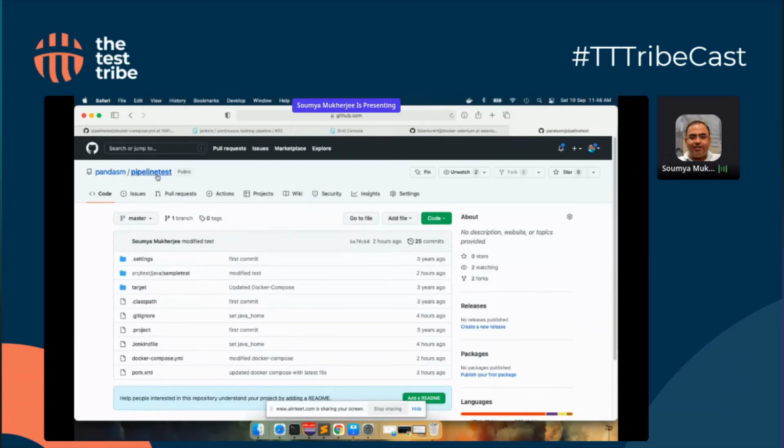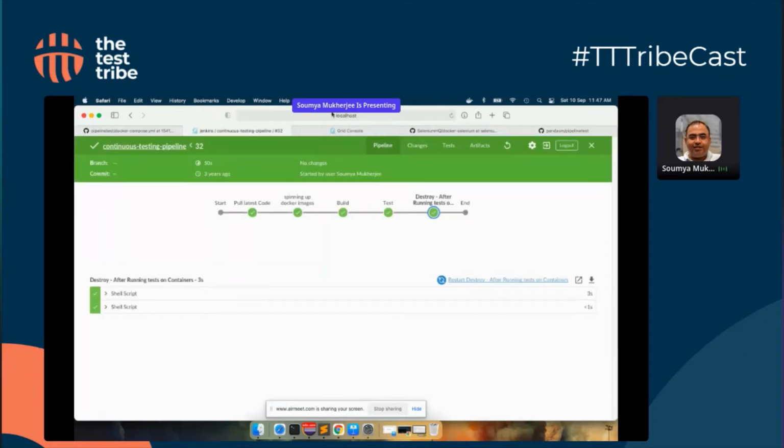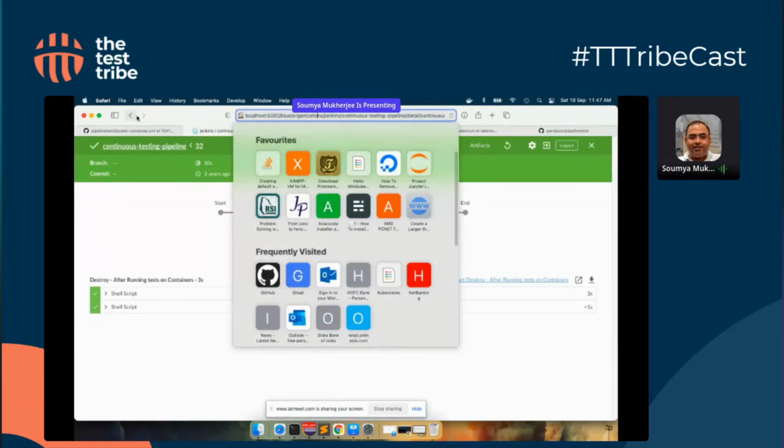You can get yourself up and running. However, you would need Jenkins and Docker as a prerequisite, and you can use the pipeline test as is. I have modified this very recently to keep it up to date. As for Jenkins, I already mentioned that there's a war file, so you can get up and running. Only thing that you have to remember